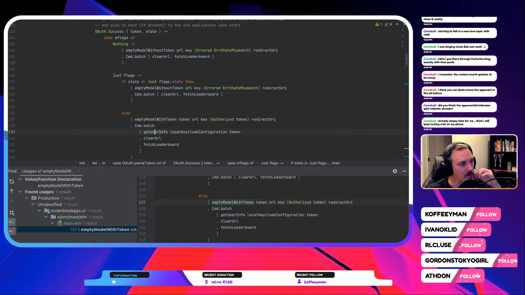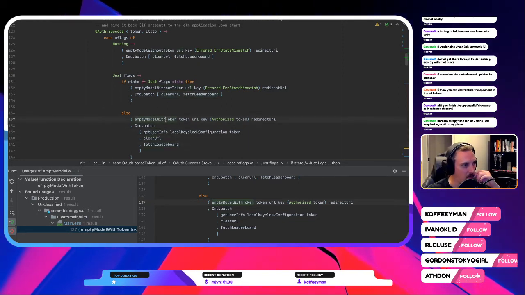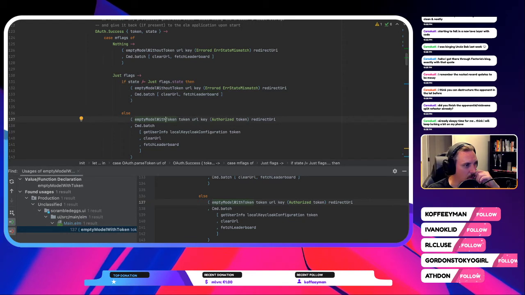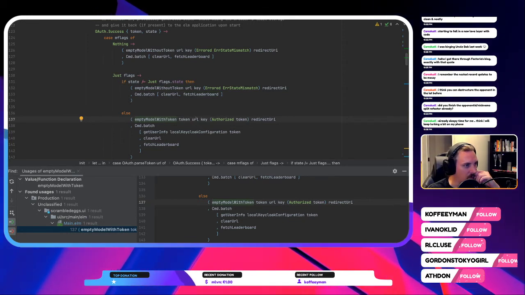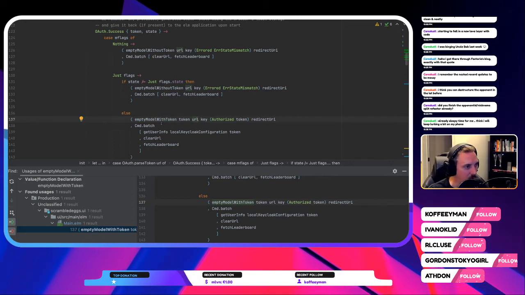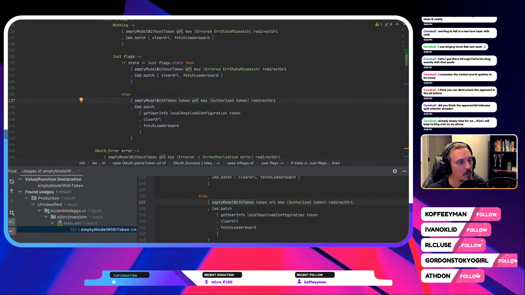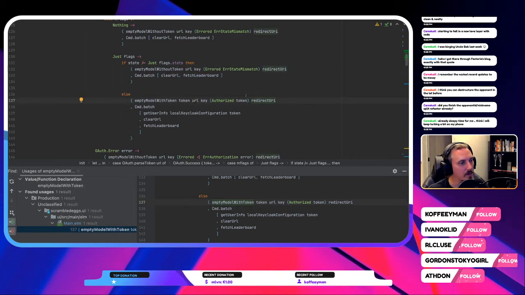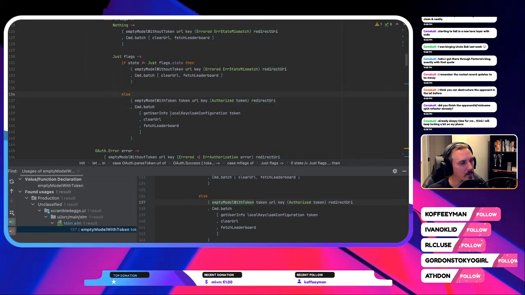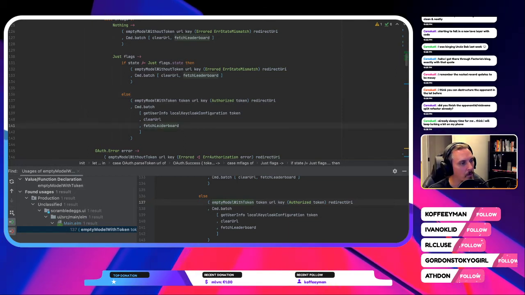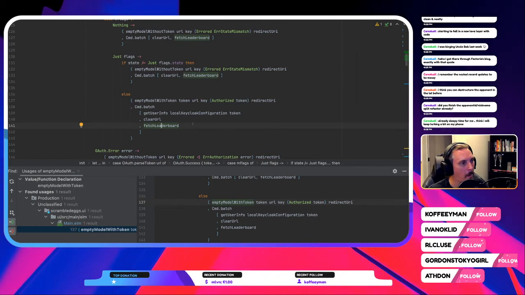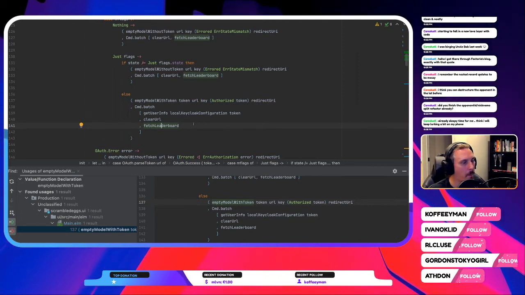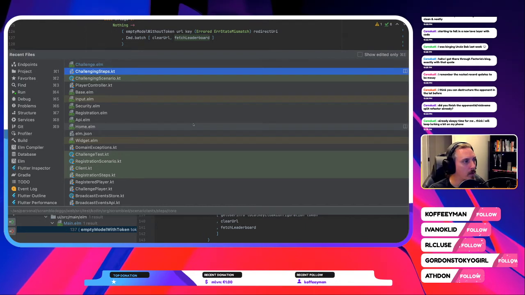So aside from these, empty model with token should not just return an empty model, but because the parsing of the URL happens there as well, it should also come back with some commands. So that's the thing we should do here, I guess. That's difficult. No. Anyway,